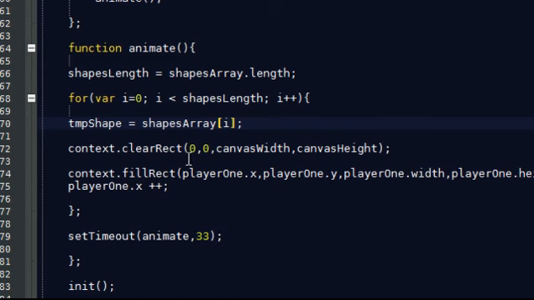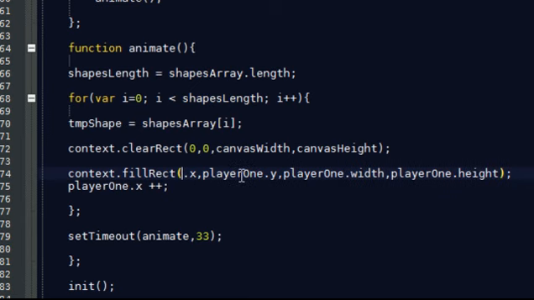Now we have the shapes array object stored in this variable here. I'm going to reference it here when we draw it. So temp shape dot x, temp shape dot y, temp shape dot width,